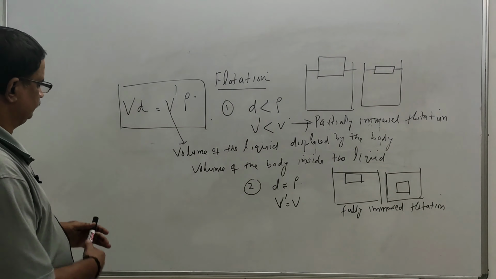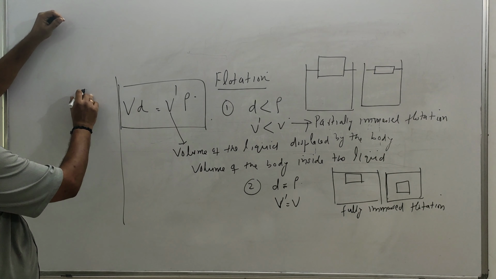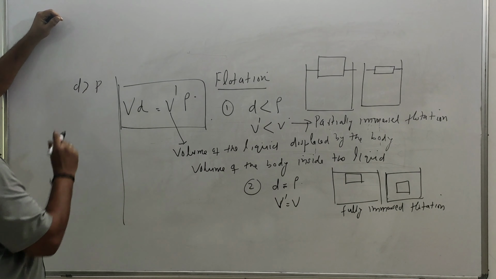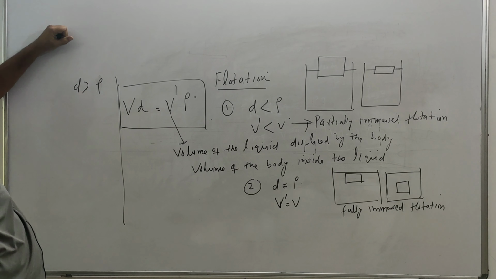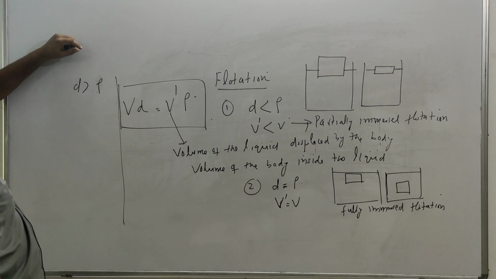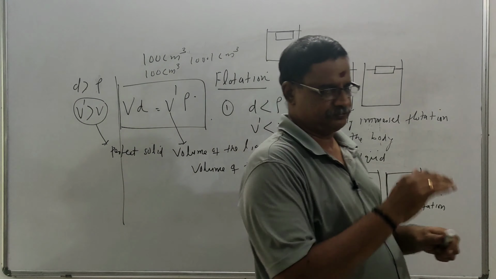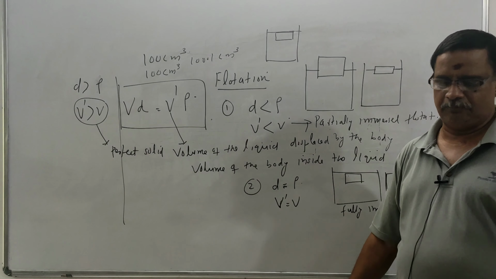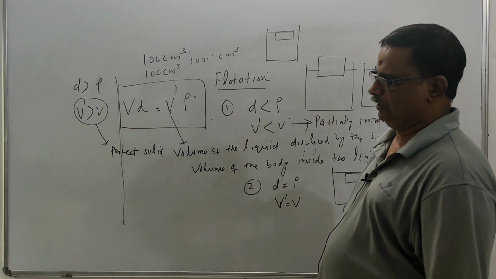Now we have a third case. The third possibility is D greater than rho. Then for this equation, the first law of flotation, to be satisfied, V dash should be greater than V. So if a body is perfect solid, the maximum volume of liquid that it can displace will be equal to